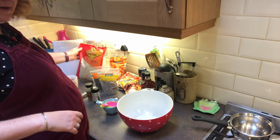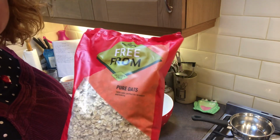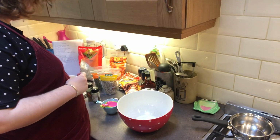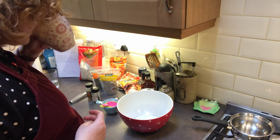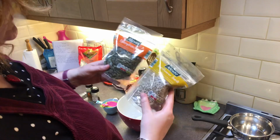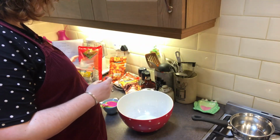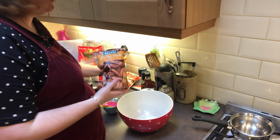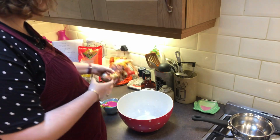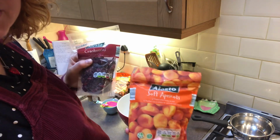So I got the recipe online. I'm going to be using gluten-free oats from Morrison's. I've also got Lidl's Finest pumpkin seeds and sunflower seeds. Pecan nuts, Brazil nuts, apricots and cranberries,